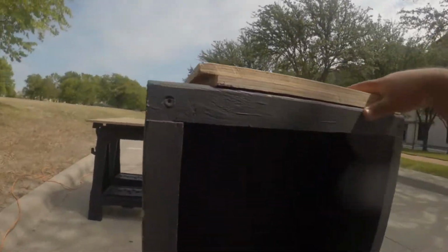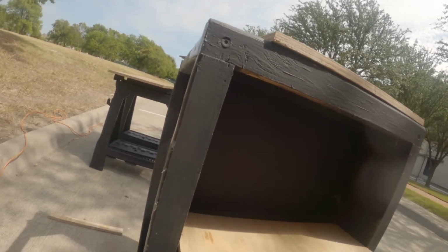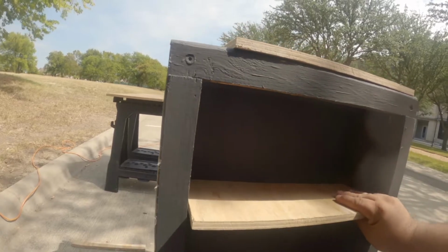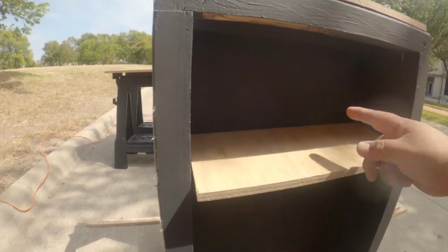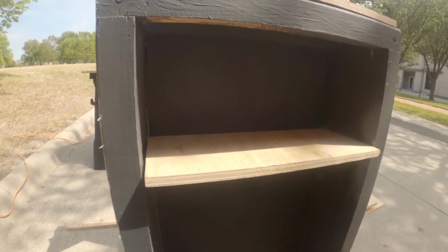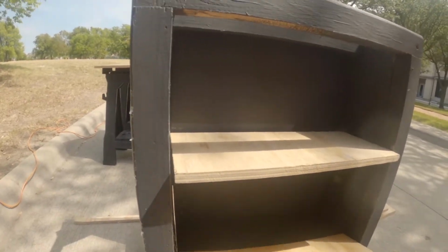I actually decided that I might need to do this another time because this is going to require a lot of cuts. But once we get this perfect, I want this to be brown and this to be black, so we're going to have to repaint all in here because it's getting scratched up already. And yeah, so it's supposed to look like